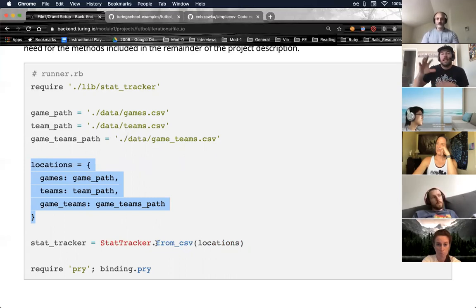So stat tracker at the class level will have a method from CSV, and within that method the work will be done to create an instance. We all have a lot of experience creating instances in our tests mostly. This will be slightly different, but this will return an instance.